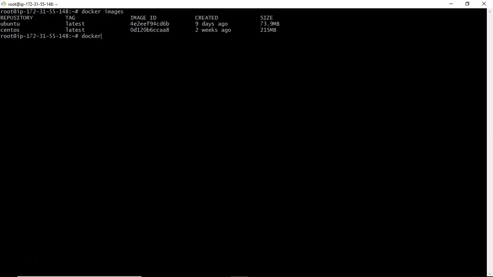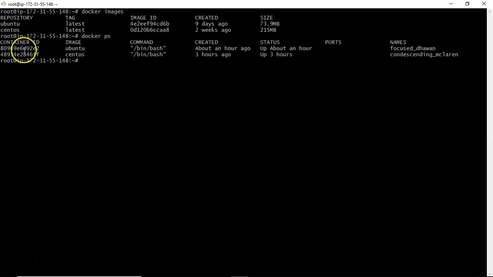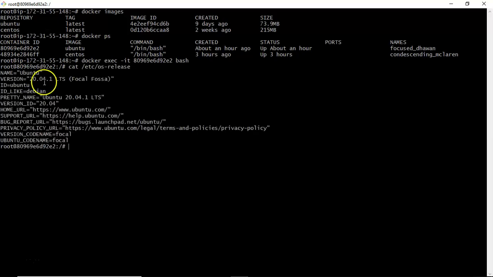Now if you remember, we already created two containers using these two images. Now these two are the containers. Let me enter into any one of the containers, let's say the Ubuntu container. Simply docker exec -it, then your container ID, then bash shell. So here I'm using bash shell to enter into the container. Now we are inside our container. Let me display the OS information of this container. See that, 20. So as of now, for Ubuntu server, this is the latest version. That is the meaning of latest here.